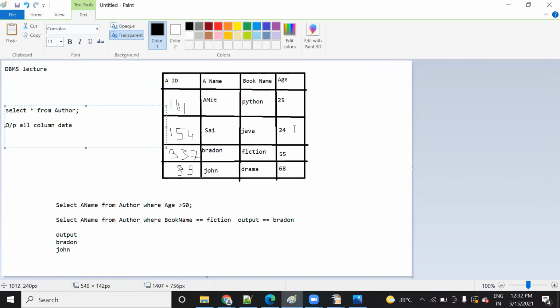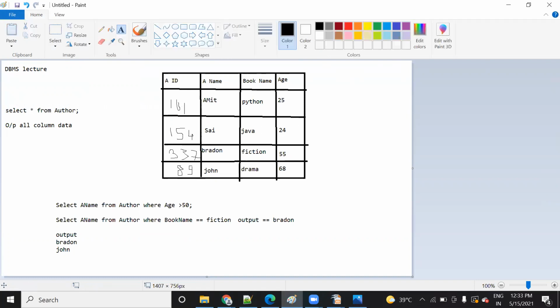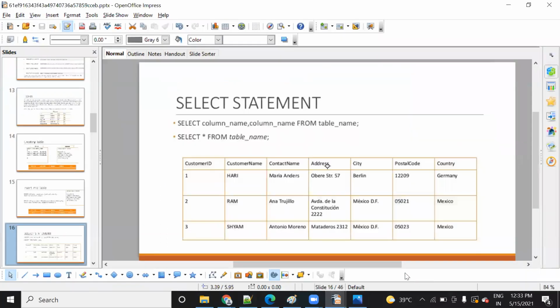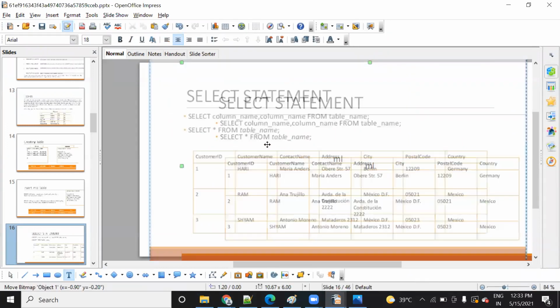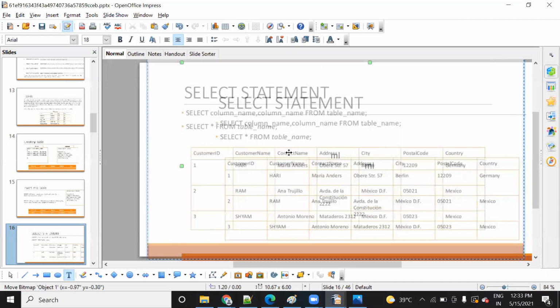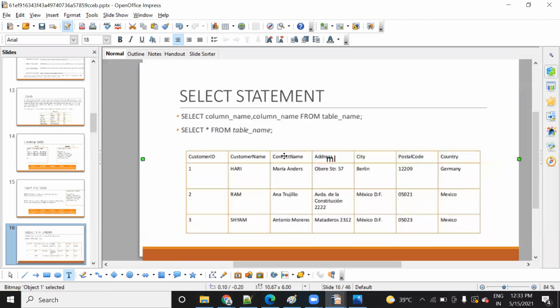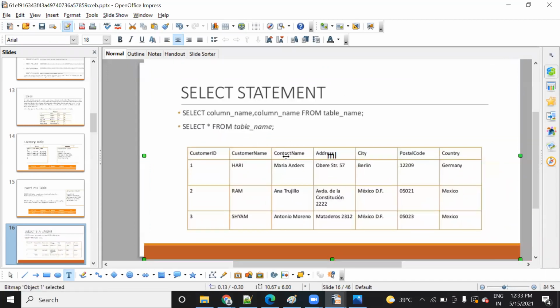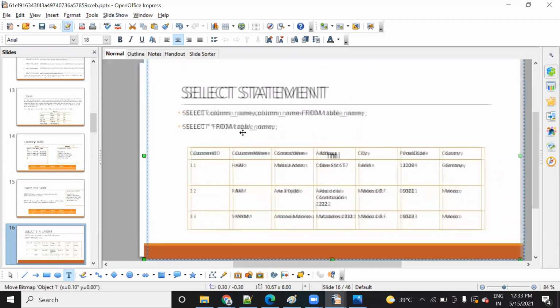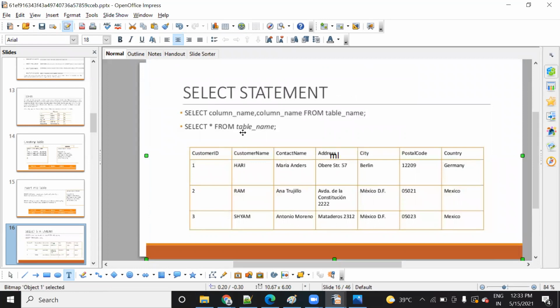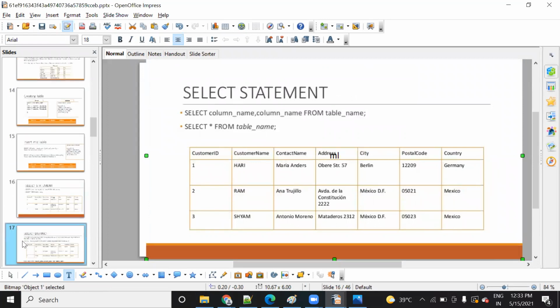So this is the difference in select queries. When you want to see a specific column, you specify the specific column name. When you want to see the whole data, you simply use an asterisk sign, so you don't need to use any column name there. This is the advantage.